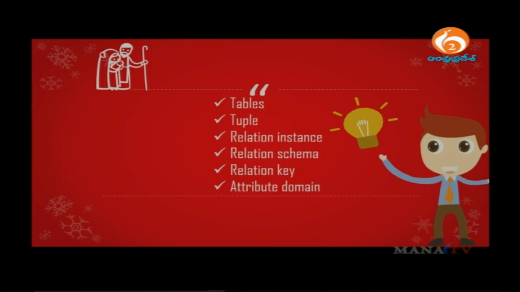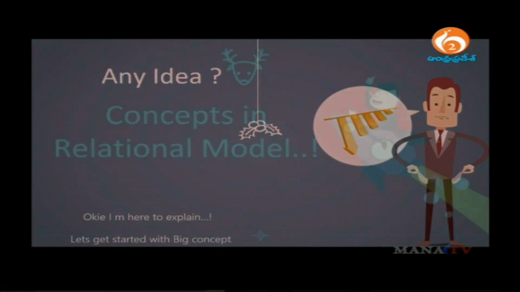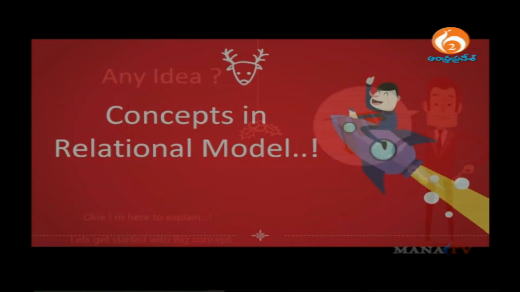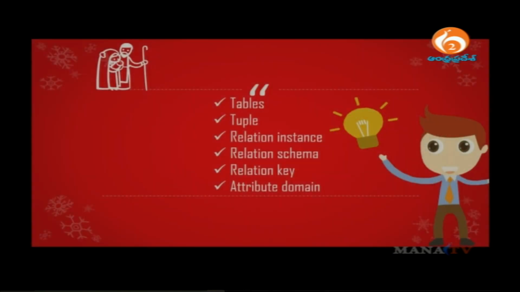All this comes under the properties, or you can call them the concepts in the relational model. Please note it down. All these are 6 points which are showing on your screen. First thing is tables, tuple, relation instance, relation schema, relation key and attribute domain,